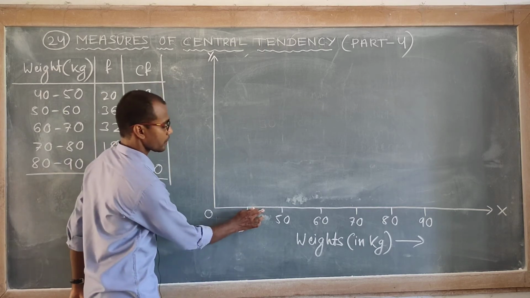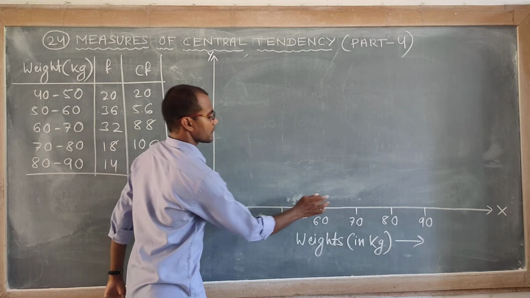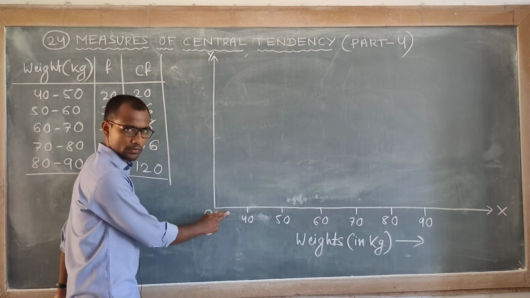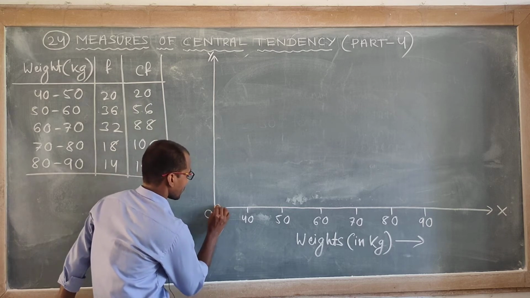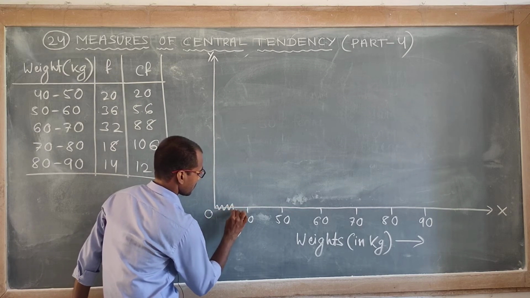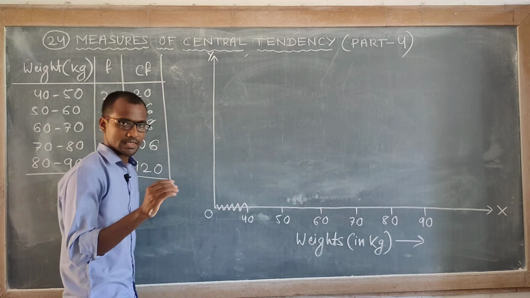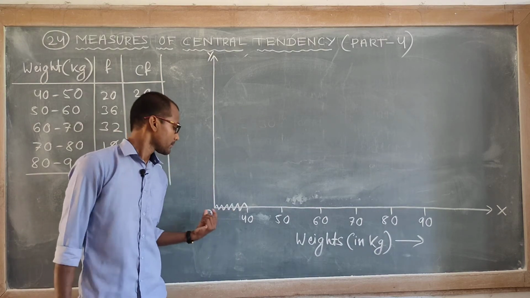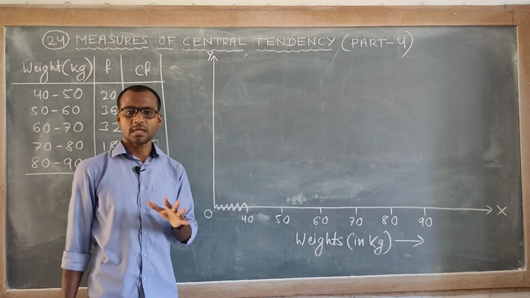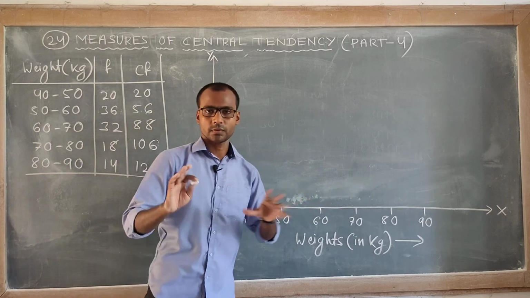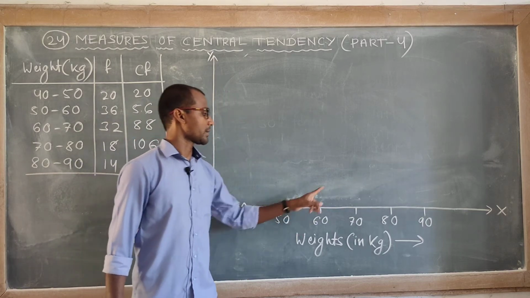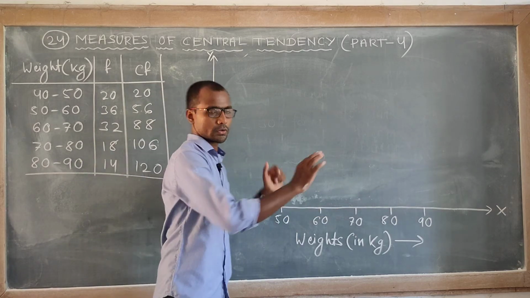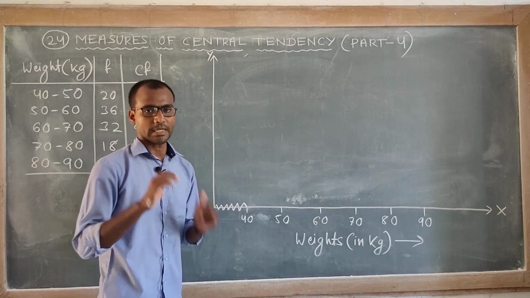But see, this is 2 cm for 10 units, 2 cm 10, 2 cm 10, but this 2 cm is equal to 40. So this part is not up to scale. For that reason, you have to keep a zigzag line which is called kink. So this zigzag line represents that 0 to 40 is not up to the scale. Then after that, everything is up to scale. 2 cm 10, 10, 10, 10 like this. Okay. So x-axis over. Now we will go for y-axis.